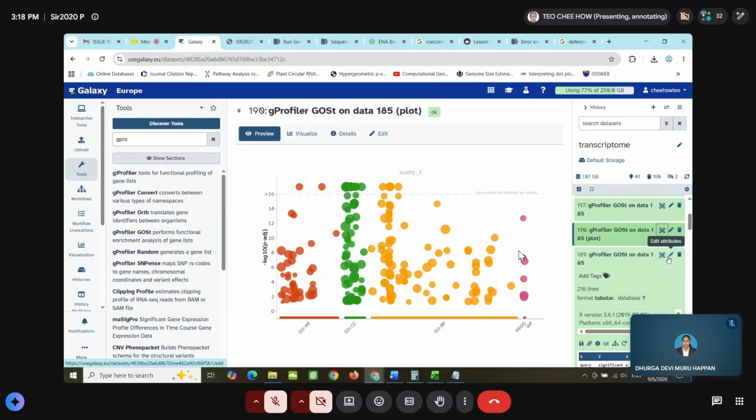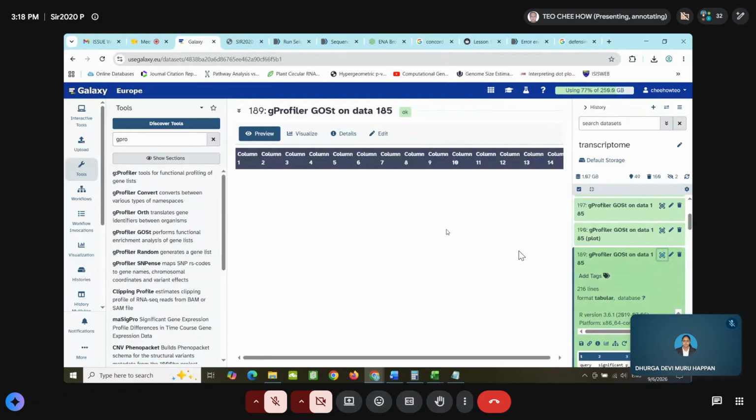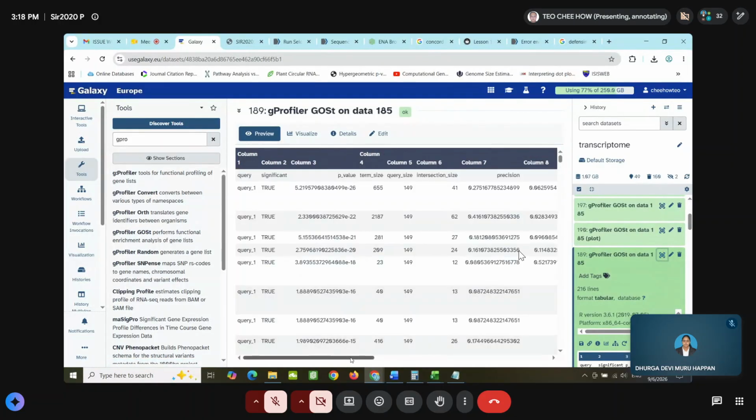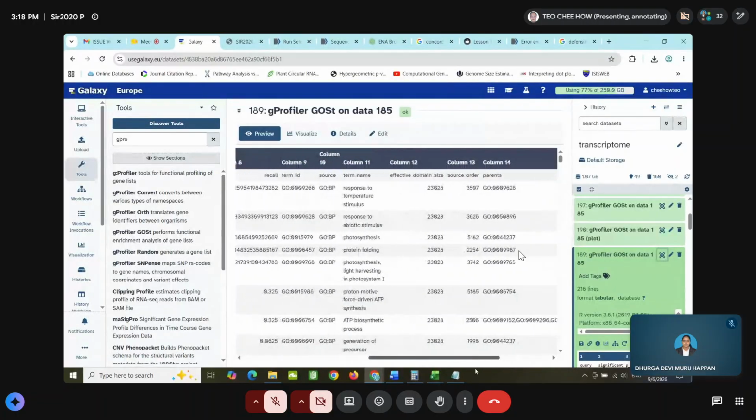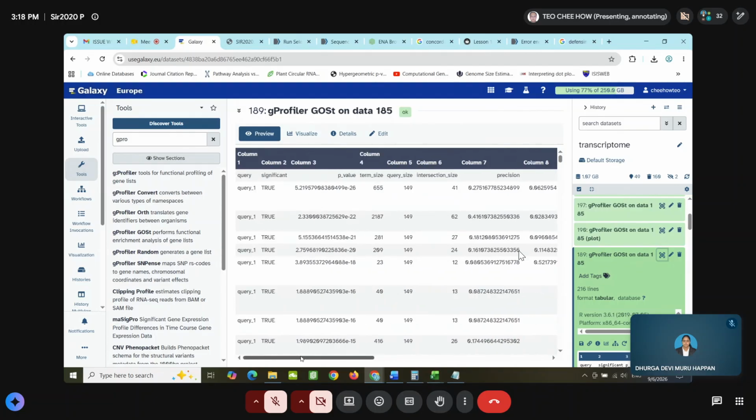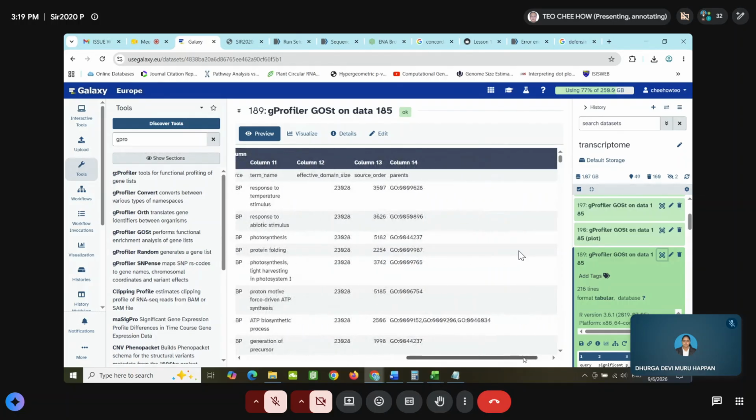Of course, you can know this from the data file itself, right? You can know from here, because the top 10 most enriched one is this one. So those are considered the most significant, right?